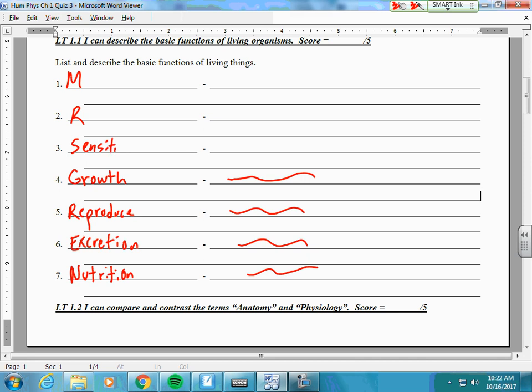Sensitivity, so sensitivity to the external and internal environments. Respiration and metabolism. And the first one, movement, and that's external and internal as well. Okay, so make sure we include the explanations with those. All right, so moving on to